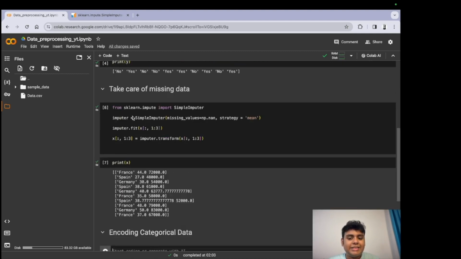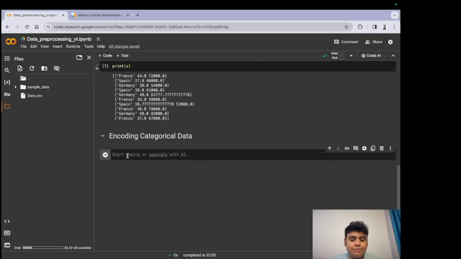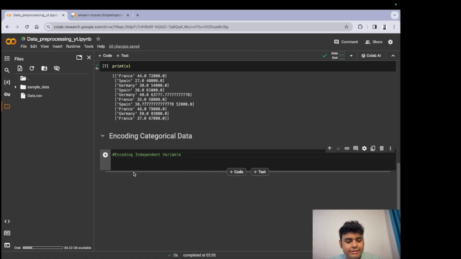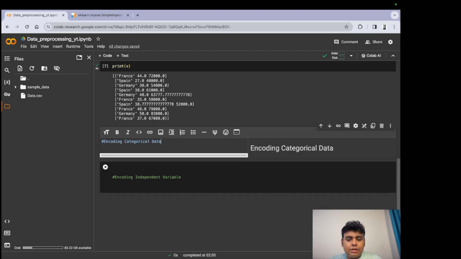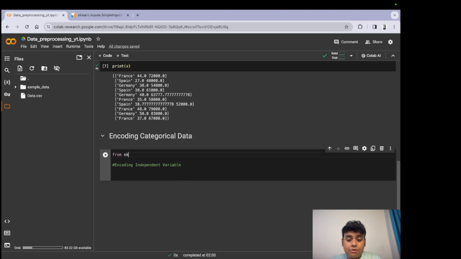First, we will be encoding the independent variable. There are two steps to this. First, we'll be encoding the independent variable, and for this, let's import two libraries. First would be from sklearn.compose. We want to import column